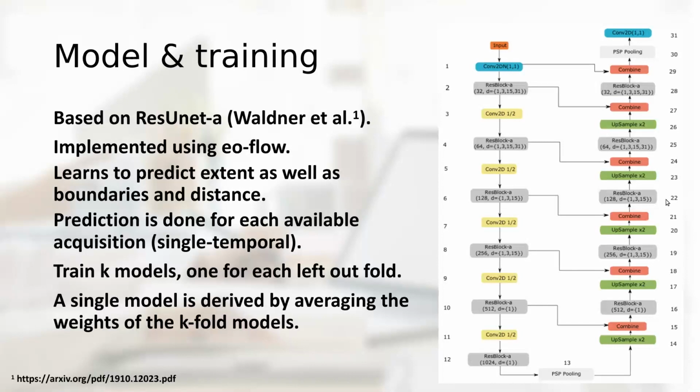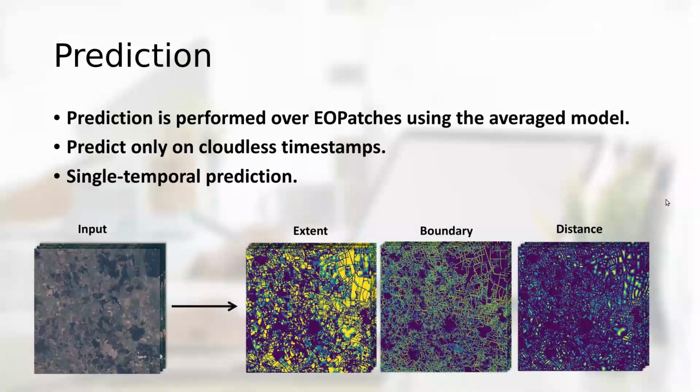And prediction is single temporal. So this is a single temporal model. When doing prediction, it's done for each available acquisition. As I said, prediction is performed over EOPatches. We trained the model on smaller patchlets that by default are 256 by 256 in size, but prediction is done on whole EOPatches. If you use the default settings that we have in the notebooks and in the repository, these are around